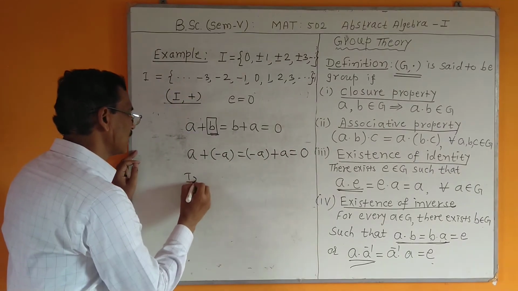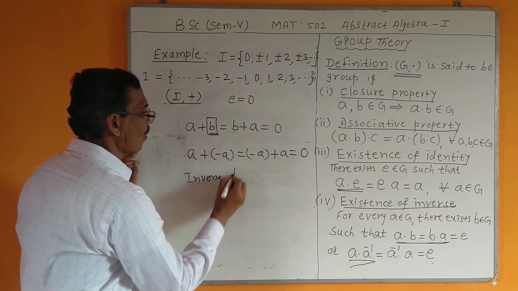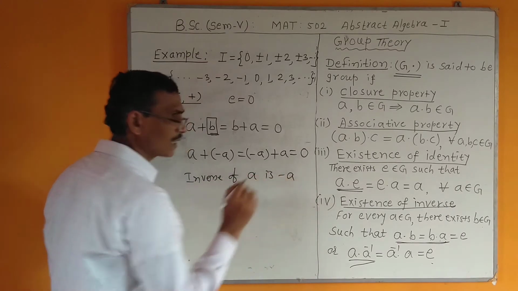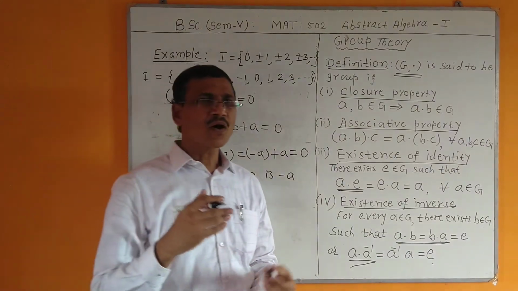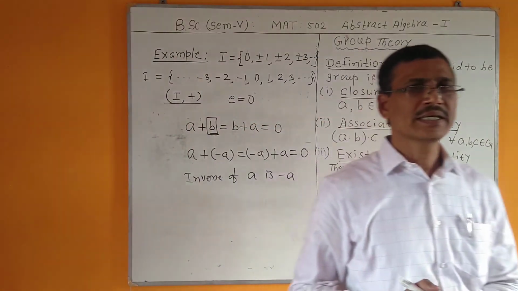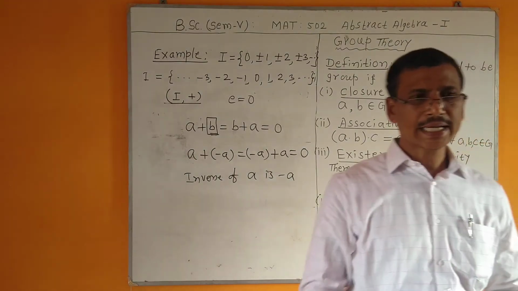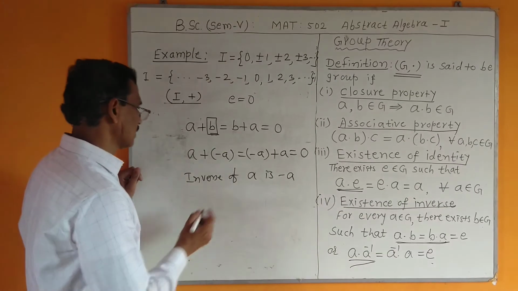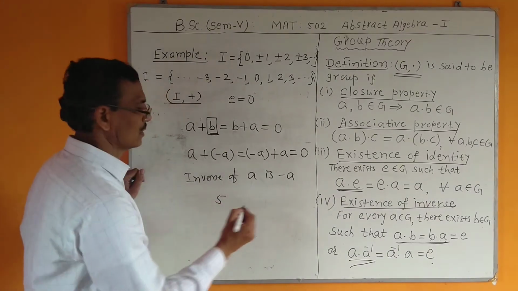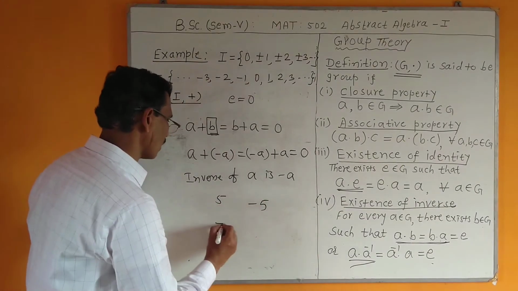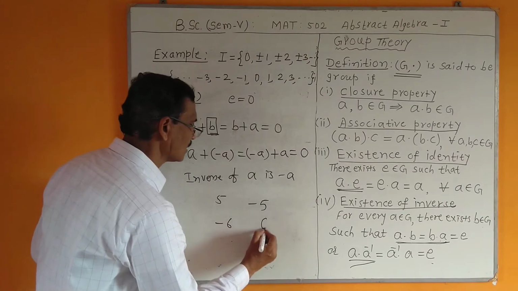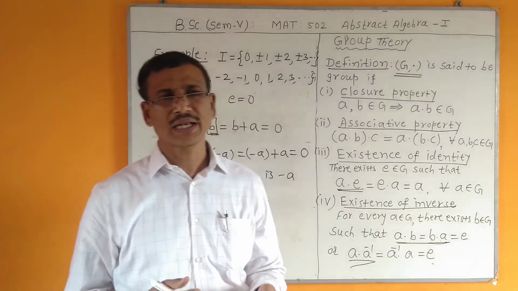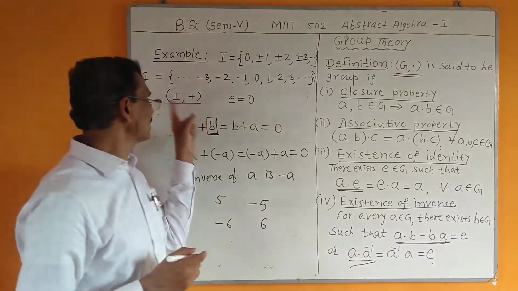That means the inverse of A is minus A. That means the inverse of any integer is its negative element. That means the inverse of 5 is minus 5. The inverse of minus 6, its negative, is plus 6. Only change the sign of that element, then you will get the inverse with respect to addition in the set